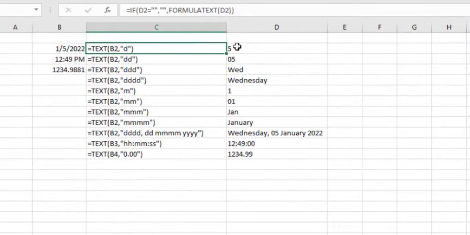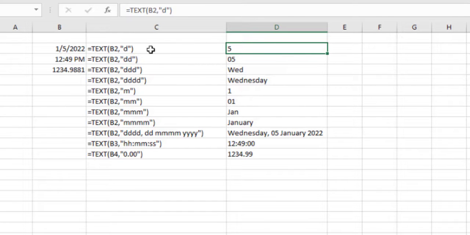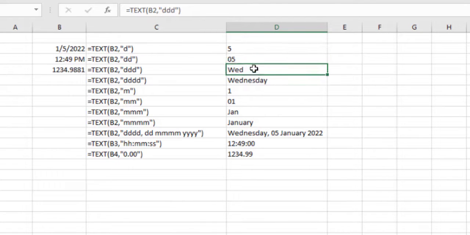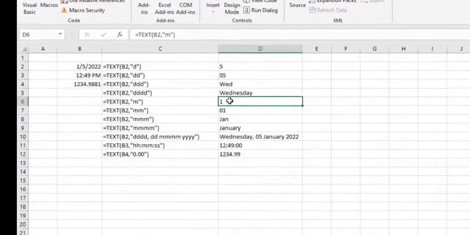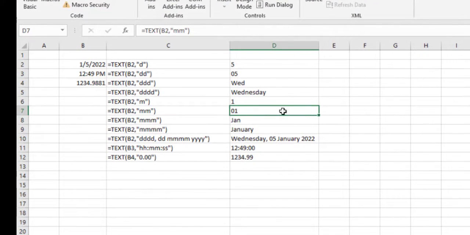For the first example, I have written the TEXT formula and this is making only the day number of the date, and this is making a 2-digit day number, and this TEXT formula is making 3 letters of the day name, and this is making all letters of the day name, and this is making the month number, and this is making a 2-digit month number, this is making 3 letters of the month name,